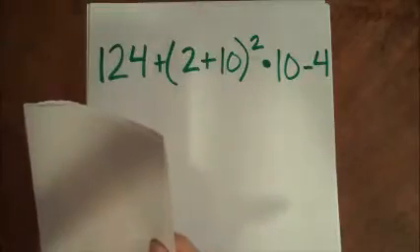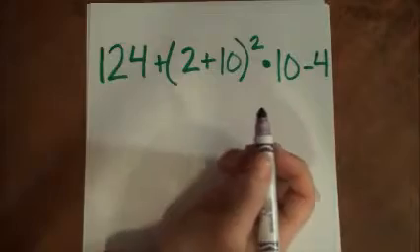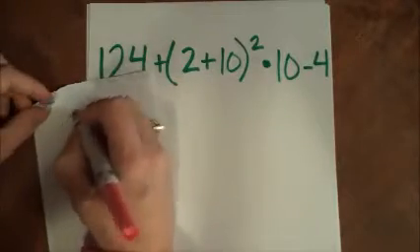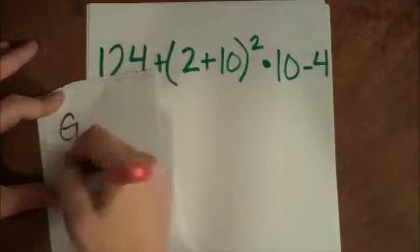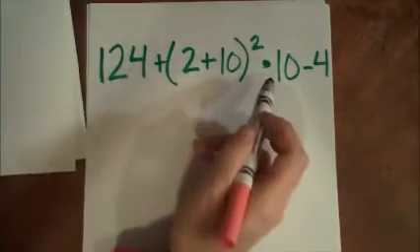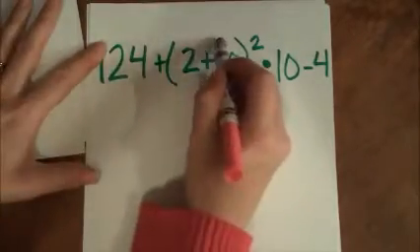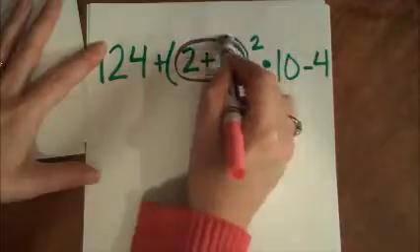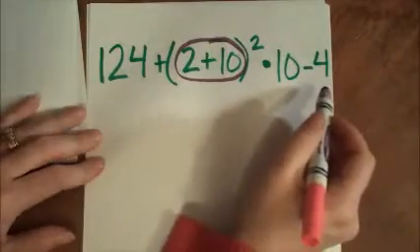Here are some order of operation problems that are similar to the ones that will be on your test Friday. Our steps for order of operations are G, E, M, S. In this problem, I do have some grouping. That means I'm going to solve what's in purple because it's inside a group and write the whole entire equation